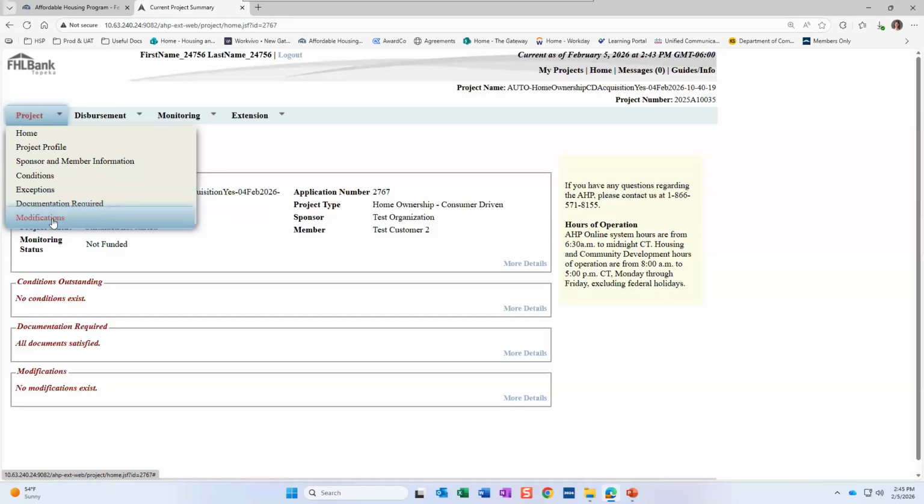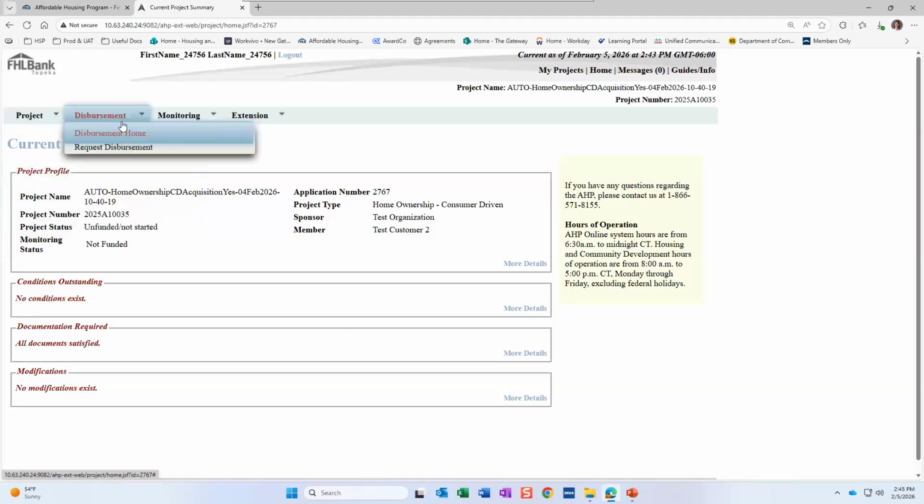And then the modification screen. Again, this screen will be blank for your project since we have not modified any projects at the moment. But if you do have any modifications to scoring commitments in the future, you'll be able to view those here. I'm going to come back to the disbursement section here in a second. I'm going to go to monitoring. This is where you're going to find your semi-annual progress reports. When you get that automated email in July telling you that you have a SAPR due, this is where you'll go in the system to access that report and complete it.